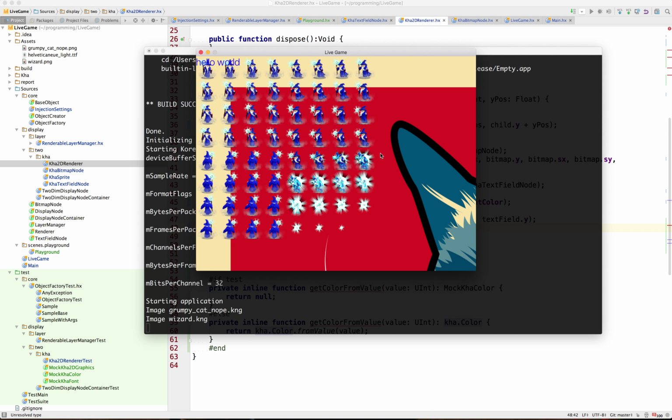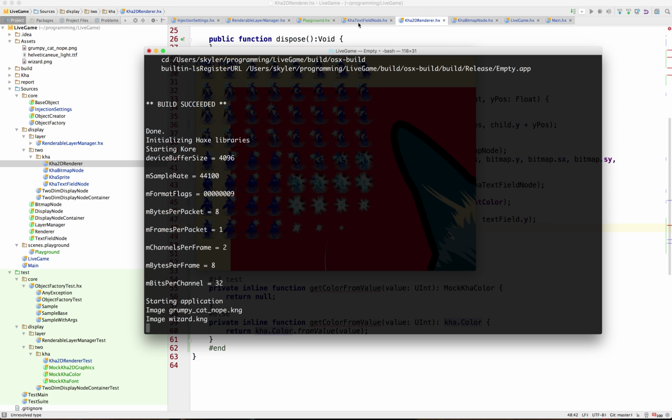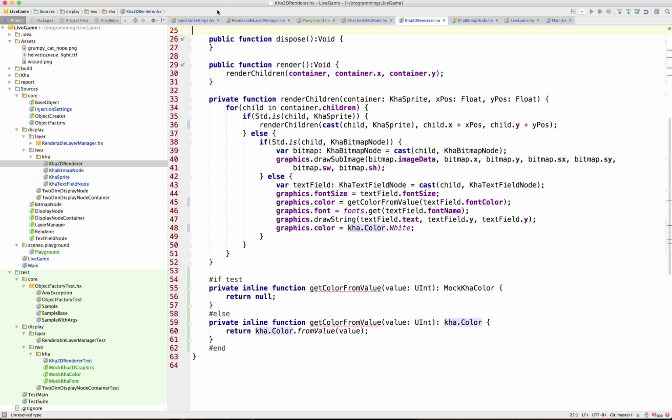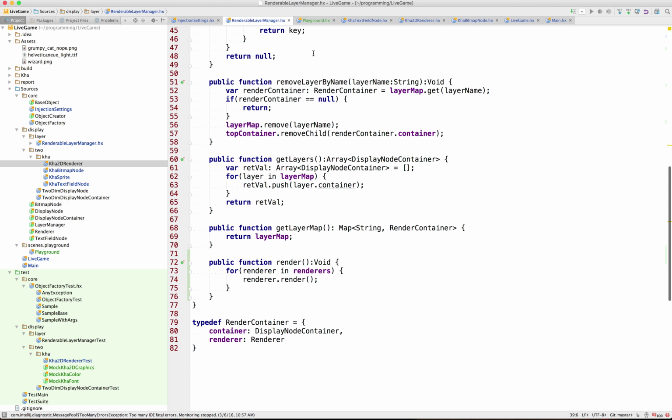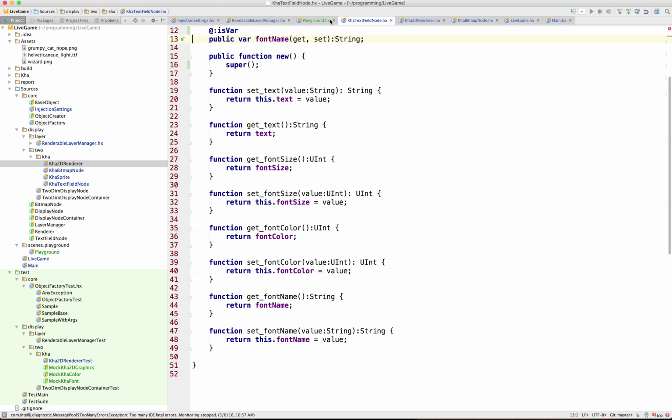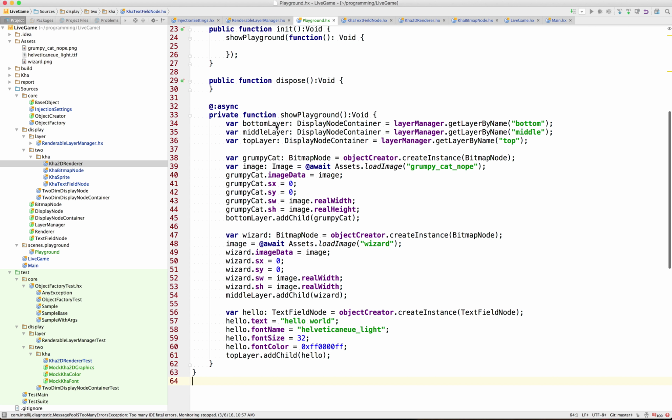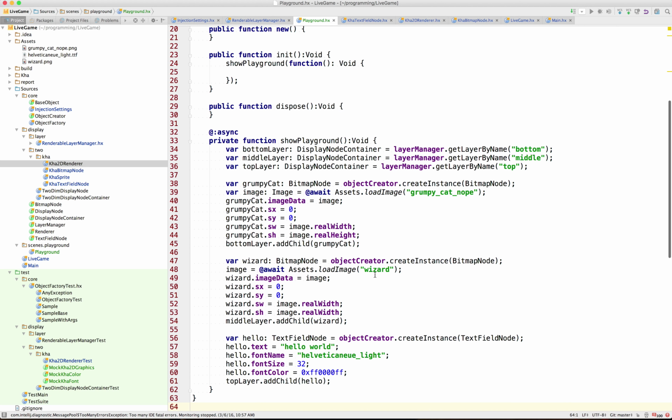And there we go. There's our hello world. So our layers are working correctly on our layer manager. I can only assume that the containers are working correctly, but well, I know they're working correctly, but we're just going to do one more thing with our playground just for fun's sake. We're going to take this and change this to